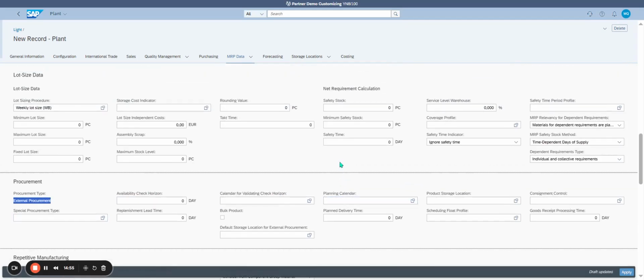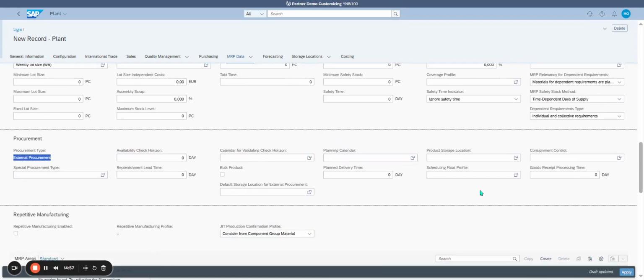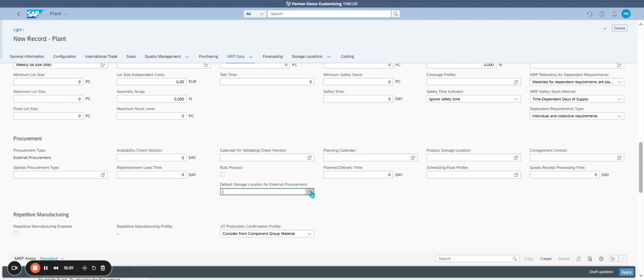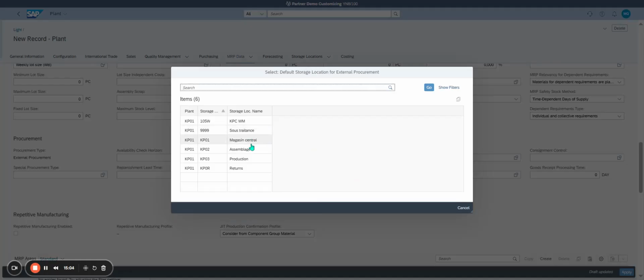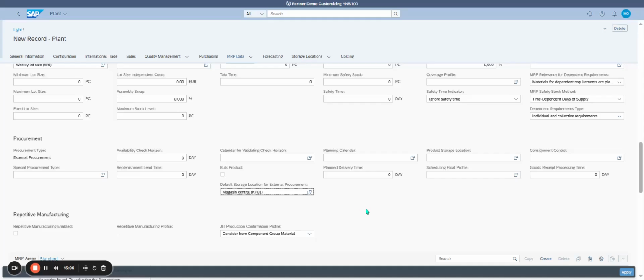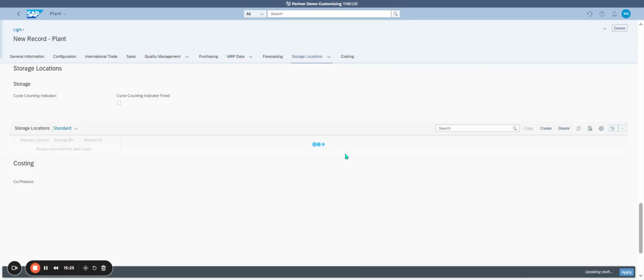I check also what the production storage location is. In my case, for external procurement it is the central warehouse. I'm looking also at the planned delivery time, which is an average of, for example, 1 day. Okay, I continue. I'm going, for example, to the storage locations, and I will create the information about